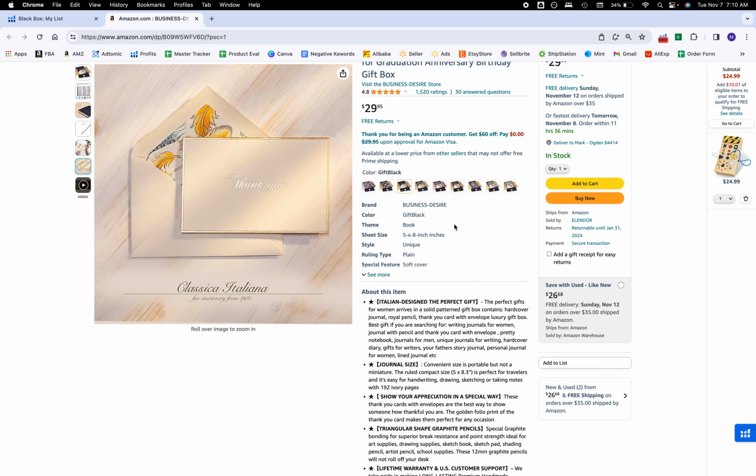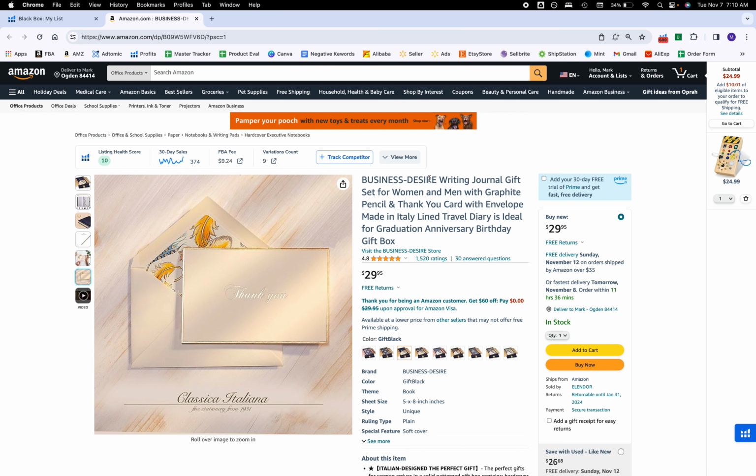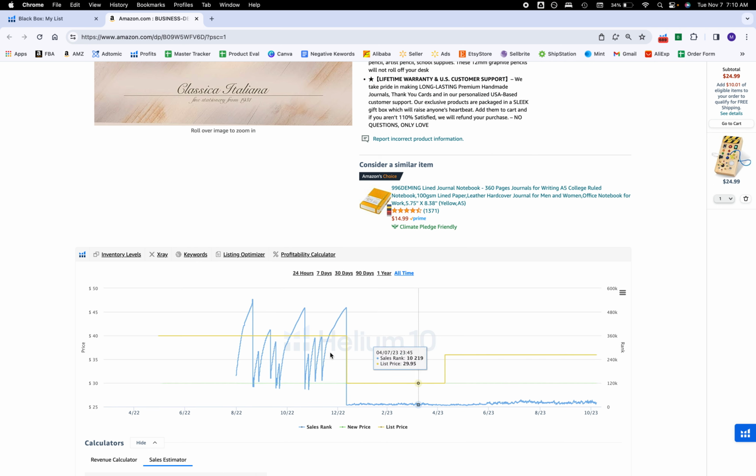So the next thing I'm looking for is again the keyword. What's the main market that this one is going for? Writing journal, gift set for women. That's probably going to be the title. But since we have Cerebro, we're going to go ahead down here and click on keywords. Another thing too, before I click on keywords, a lot of times I'll click on all-time sales and just kind of see their history. So it looks like they launched